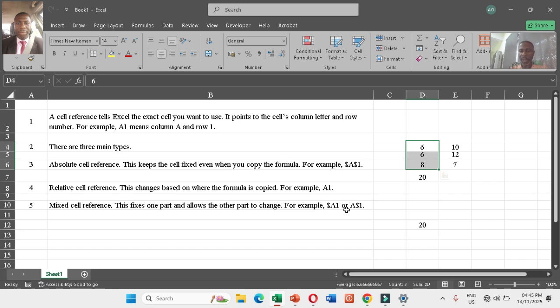It means it is partial, it's not totally absolute, it's not totally relative. It is both relative and absolute at the same time, because you are putting two references together in one piece. So take note of these few ones. As we progress, we'll be seeing how we can deploy these three main types of cell references